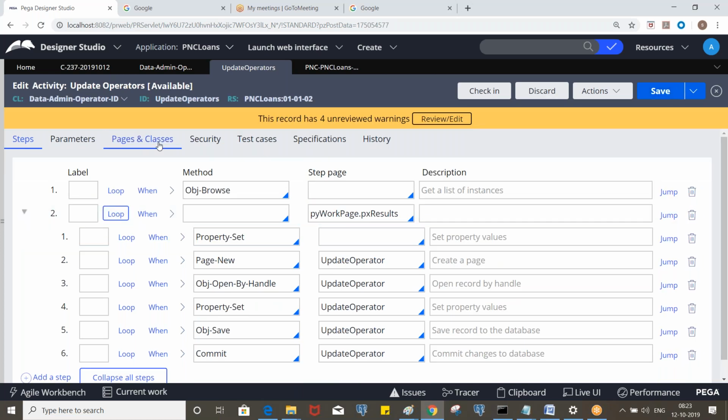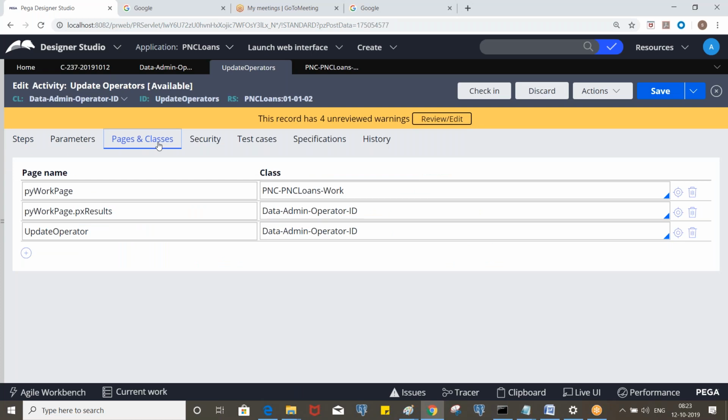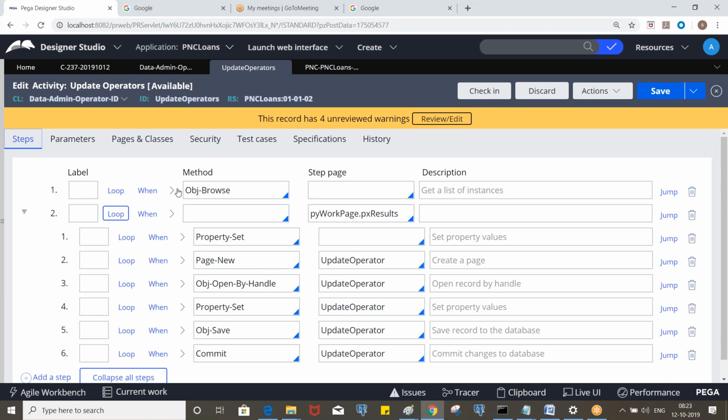Okay. Since it is accepting, but it will not work properly. If we execute the flow, the px results are also available in either one of the classes, like work dash cover dash, or work dash in the base class. It will be available, so that's the reason it is accepting it. But results will be available on the specified page.